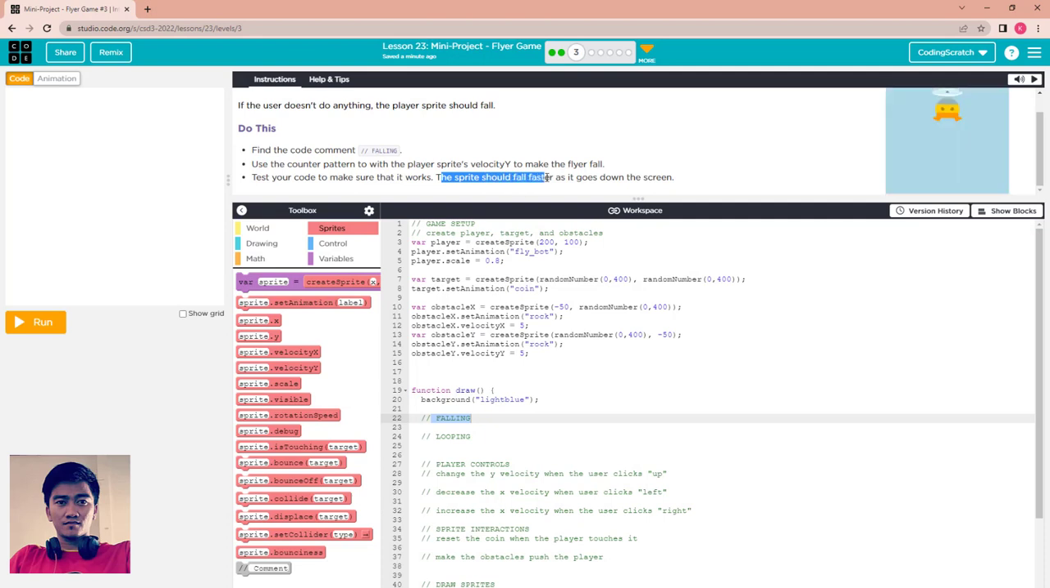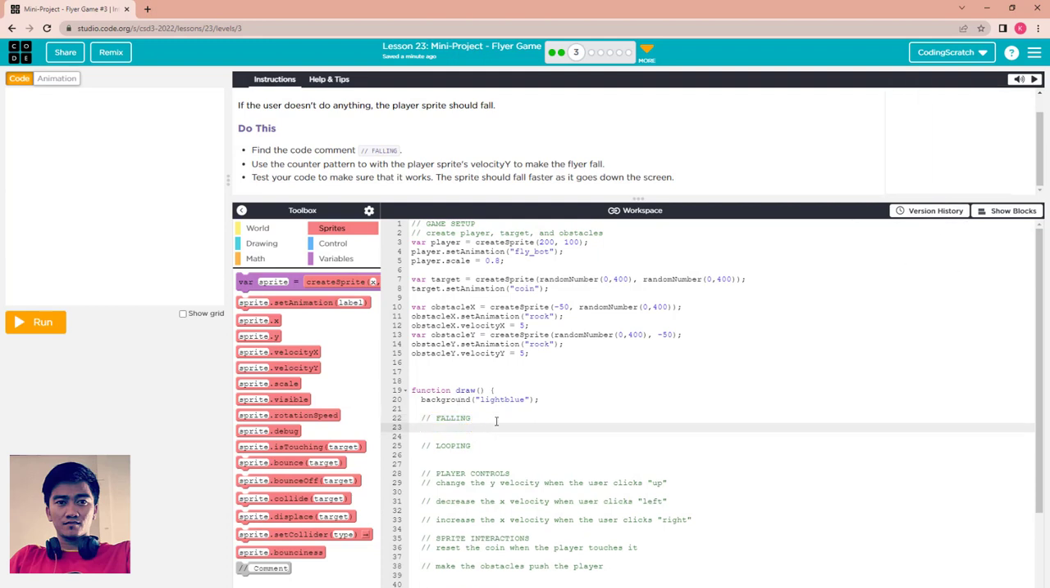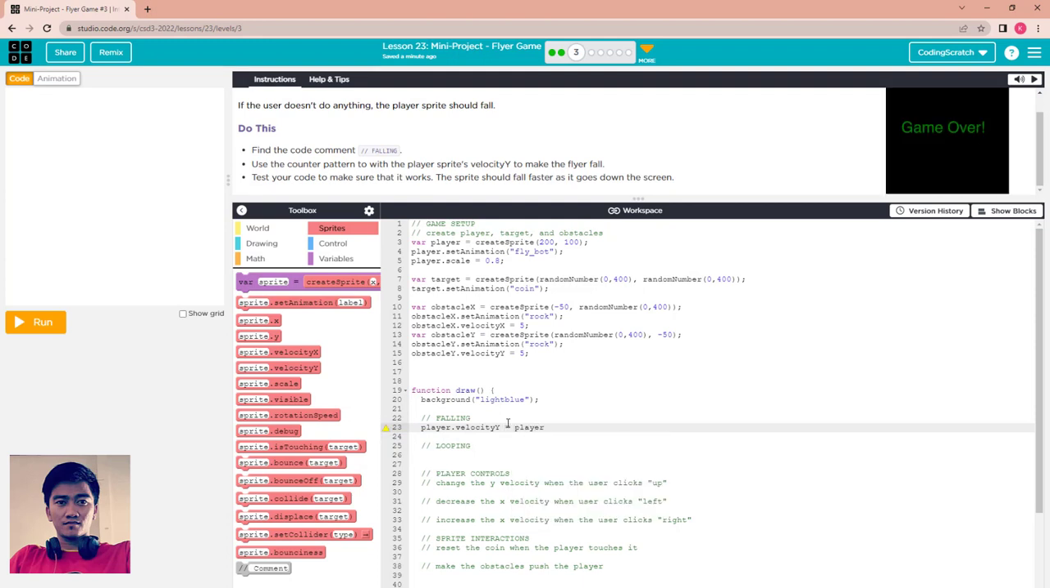The sprite should fall fast as it goes down the screen. You can see this here. So what you have to do is go here and set the player dot velocity y equal to player dot velocity y plus, you can plus around